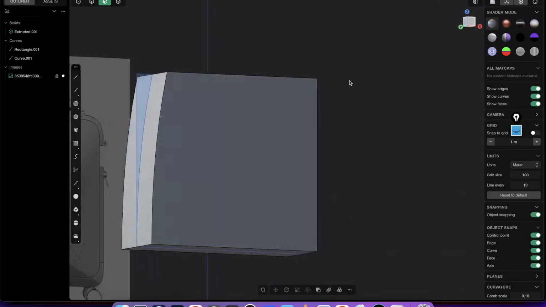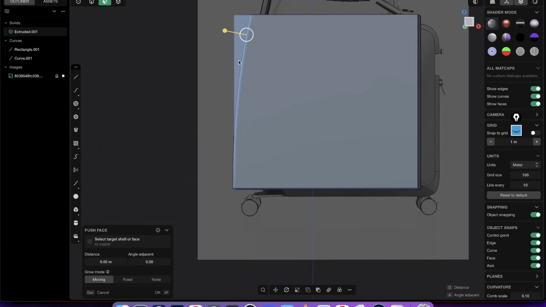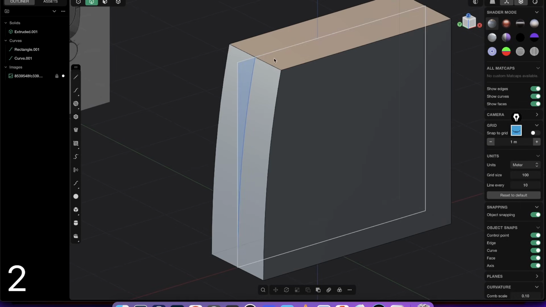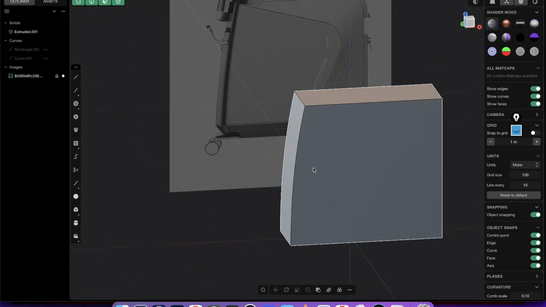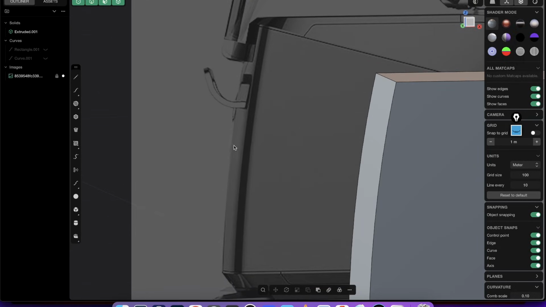Okay. And you see, we directly have this curve implemented, so we don't have to cut anything. It's just saving up a few steps. Okay, so press 2, edge mode, Alt-click here on the curves, all are selected, press H. And now what we want to do is, because we see we have a curved surface just on